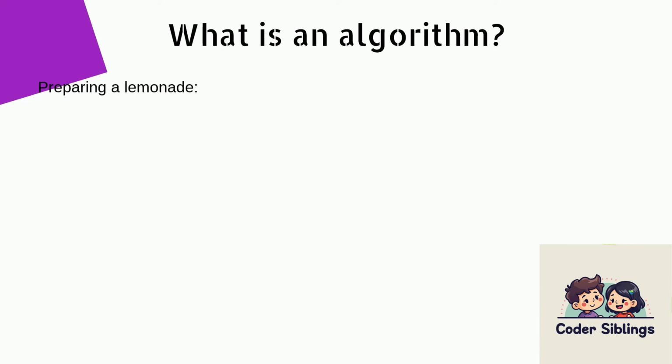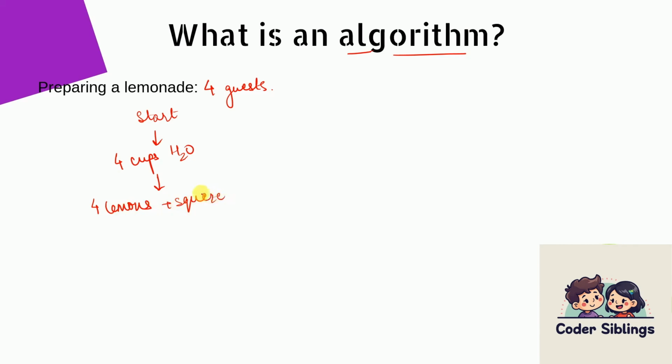Now that we have understood what data structures exactly are, let us dive into what an algorithm is. To understand algorithm, let us consider an example of preparing a lemonade. Say that you are supposed to prepare lemonade for 4 guests at your place tonight. What do you do? You firstly take 4 cups of water, after which you take 4 lemons and squeeze them, followed by 8 tablespoons of sugar, followed by 4 tablespoons of salt